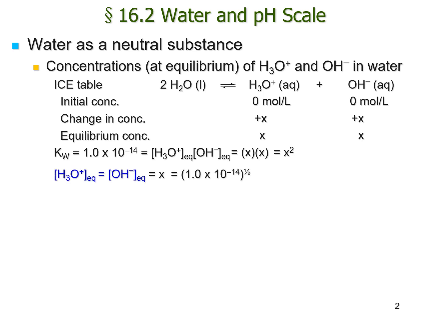All right, so we take the square root of Kw, so we understand the equilibrium concentration of both ions is exactly the same, which is 1.0 times 10 to the negative 7th molar. Here it's moles per liter. So the concentration of these two in water is very, very small. That is why, if we think back to Chem 1, we said water does not dissociate. Now we have to modify this statement a little bit. Water does dissociate, but it dissociates in a very little amount.